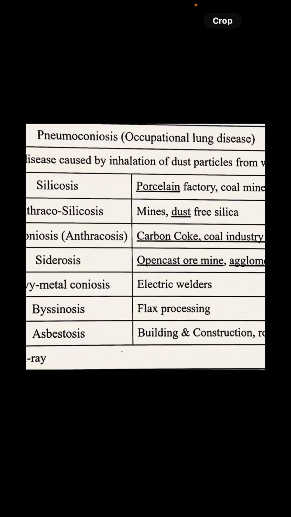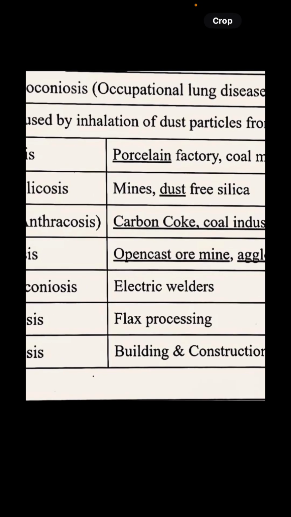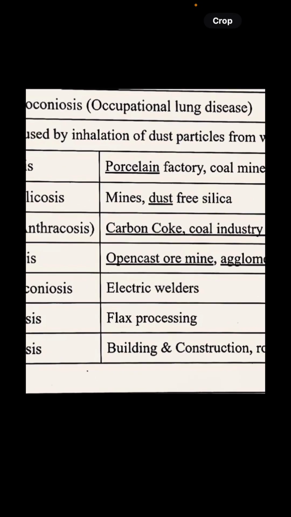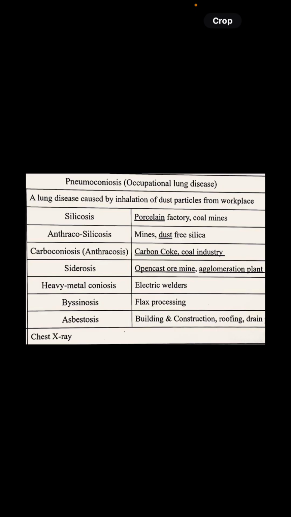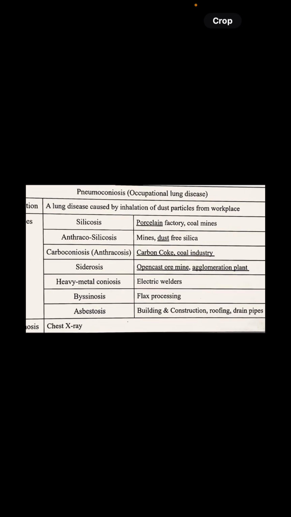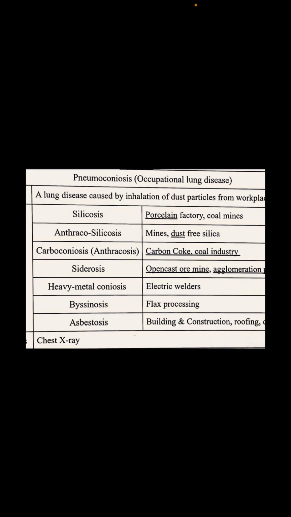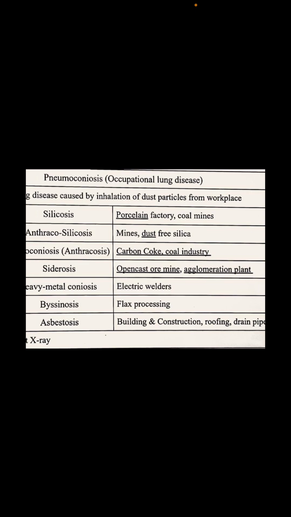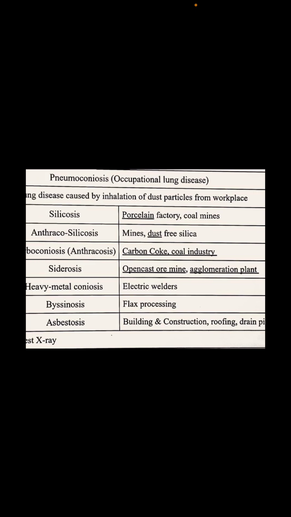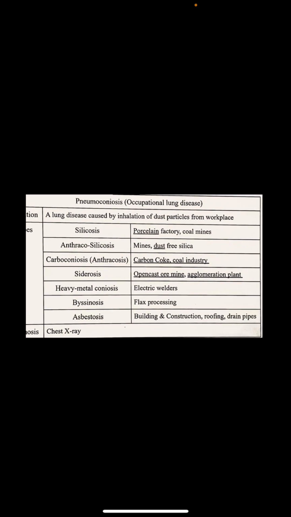Silicosis is seen in cases of porcelain factory and coal mines. Anthracosilicosis is seen in the mines, people who are working in the mines, or dust-free silica. Anthracosis, which we saw, is in the carbon, coke, or coal industry. Siderosis we saw in the open cast ore mine or agglomeration plant. Heavy metal